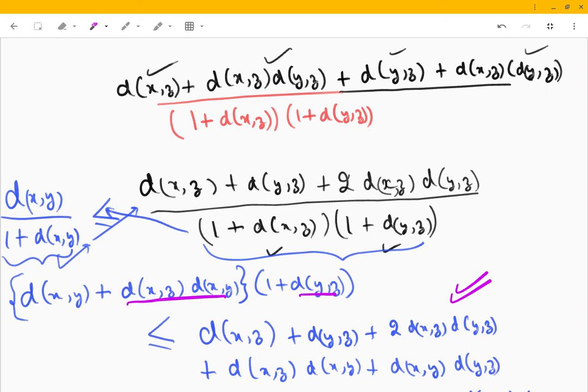Metric space is a set with a function, just like a group is a set with a binary operation. Metric space is a set with a distance function having three properties, and on the same lines, vector space is also a set satisfying those 8 or 9 properties of vector addition and scalar multiplication. Okay, so I think I would end the video